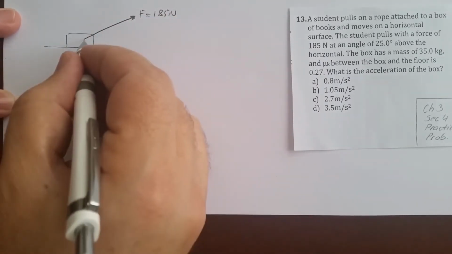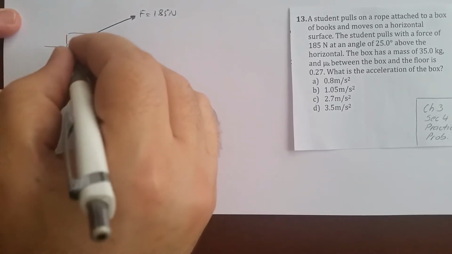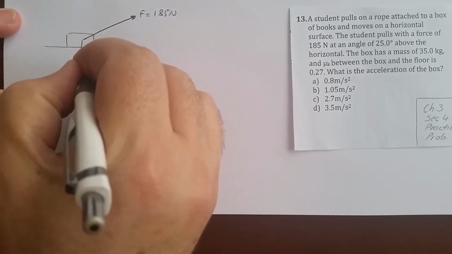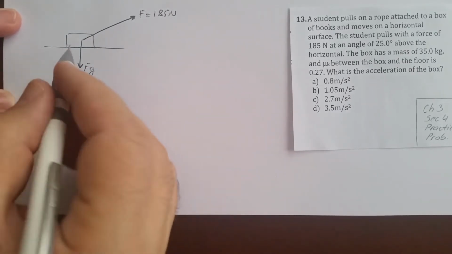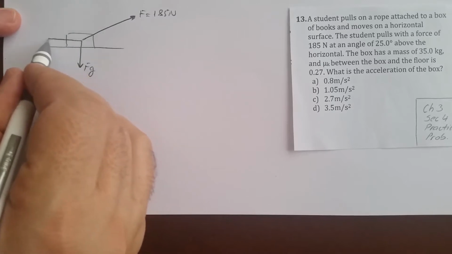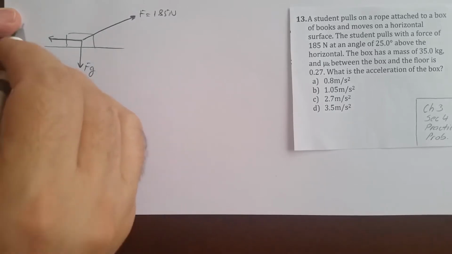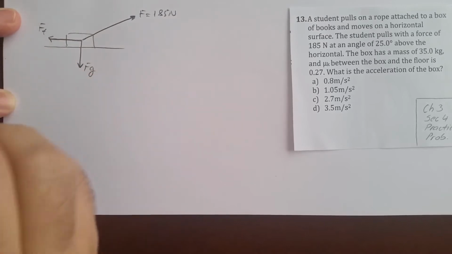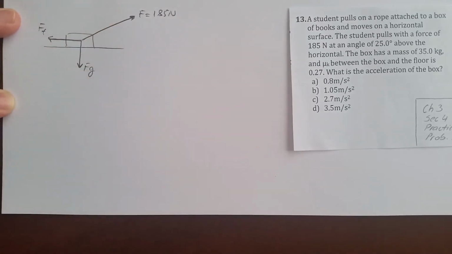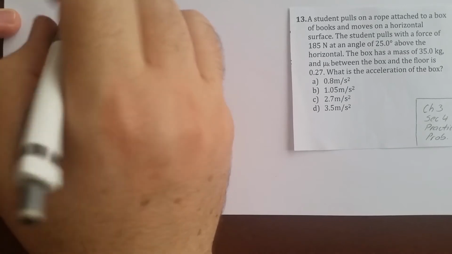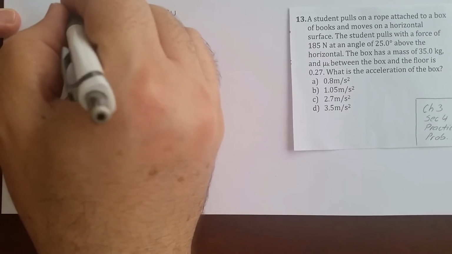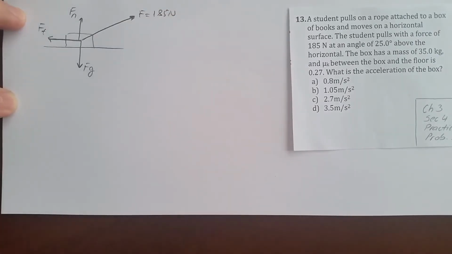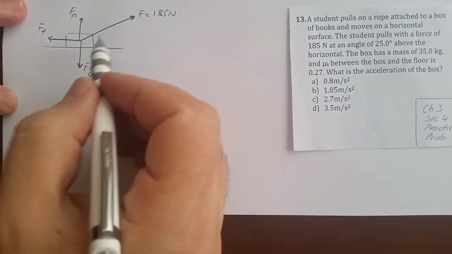And second, the box of course has a force of gravity Fg. It has a weight Fg in the downward direction, and there is a friction force on the box. Since there is a force in the downward direction, there will be a reaction of the surface, Fn, here. So there is an Fn force here. Now it seems that there are 4 forces on the box, but there is a diagonal force F